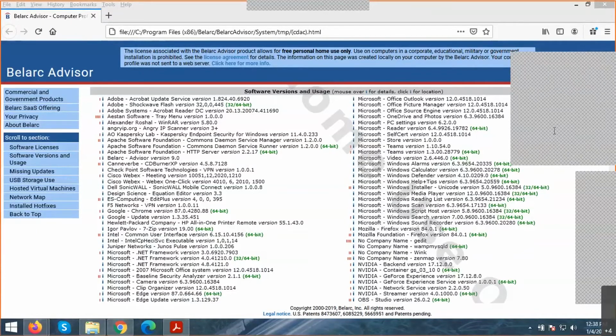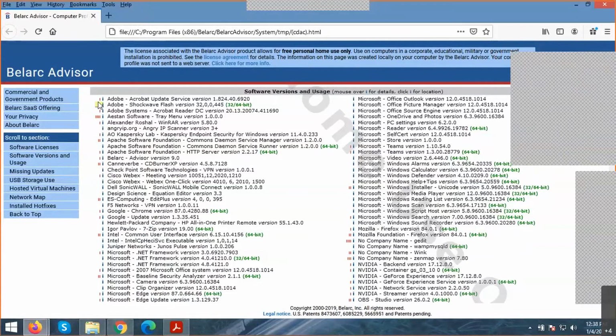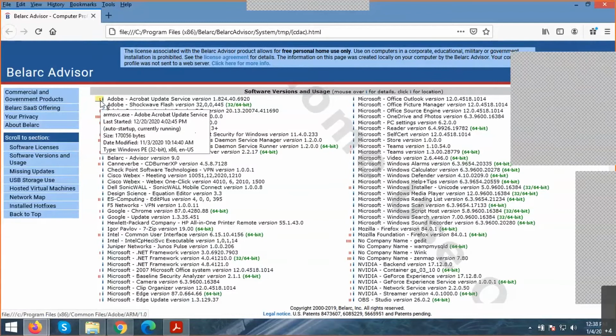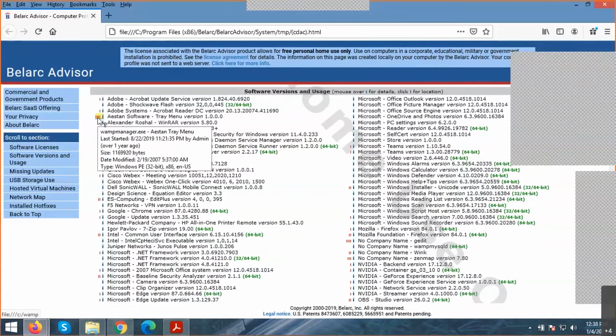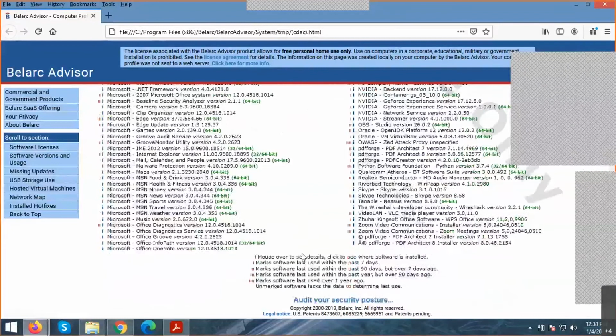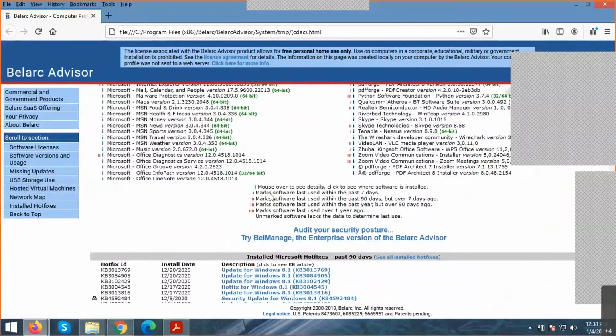Yes, I believe correct. Adobe Shockwave Flash Player is also enabled. Yes, correct, it is enabled. So here you can see the list. There is one question mark, and there are four question marks. Here you can see what exactly it marks: software list updated within 7 days. That means whether you are using it at a proper time, when the software was installed and when it was updated. But it has no support any longer.